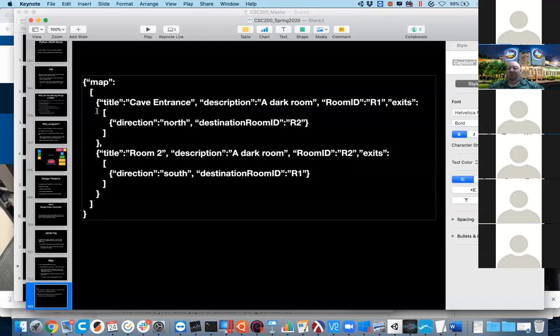And its value is a JSON array. It's a JSON array of JSON objects, and these objects represent an exit. An exit has a direction and a destination room ID. Okay, so this particular room only has